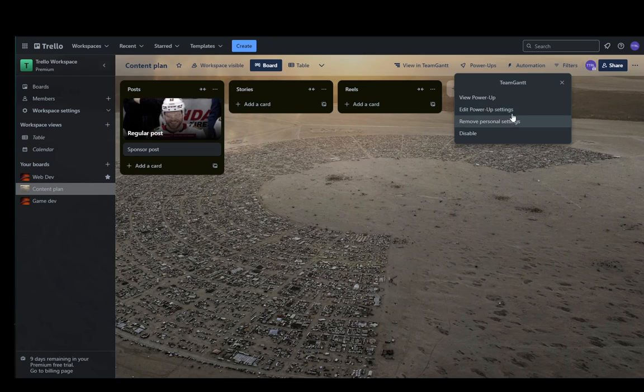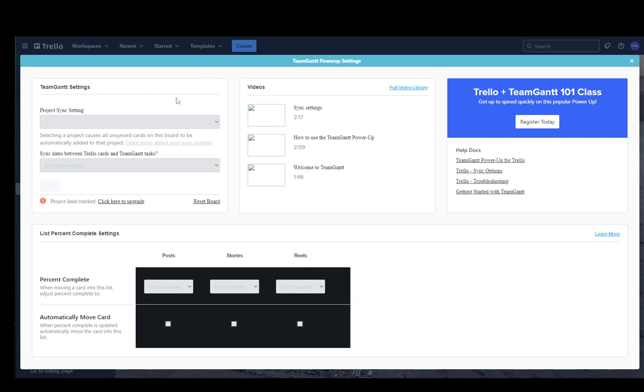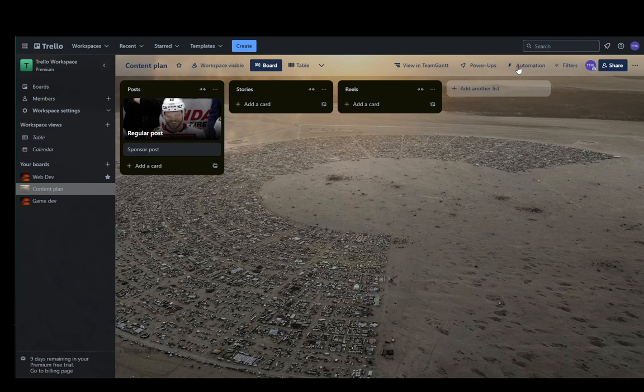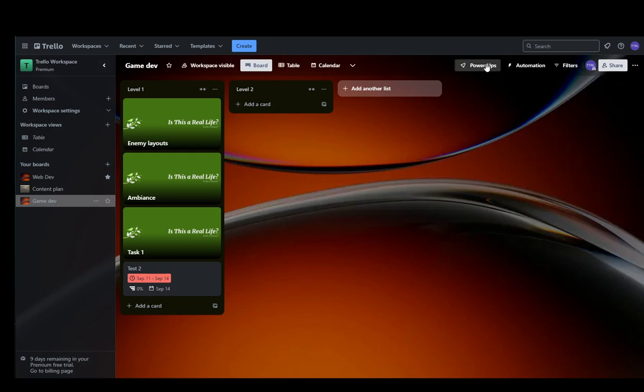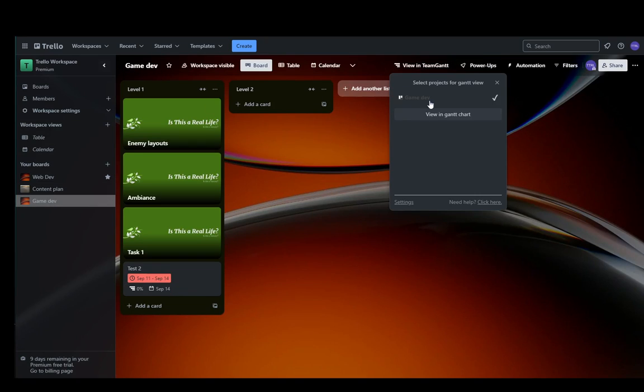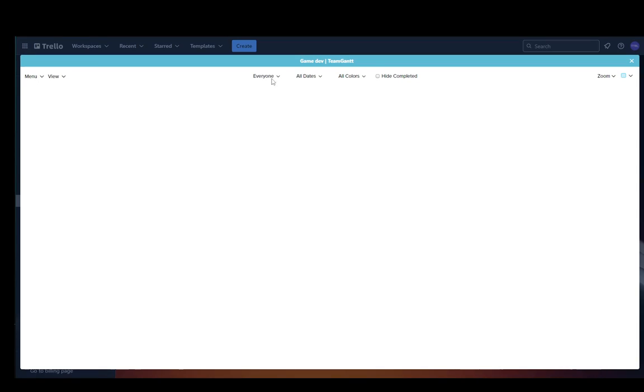Let me just edit the power-up settings. Maybe I can change something in here. It looks like I cannot, so it is what it is. I'll just go to game dev and switch over there. You should be able to do that. By the way, I'm not sure why it's not allowing me, but click just View and Gantt chart, and as